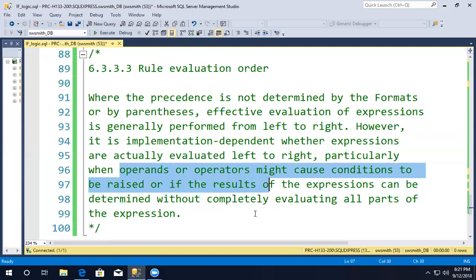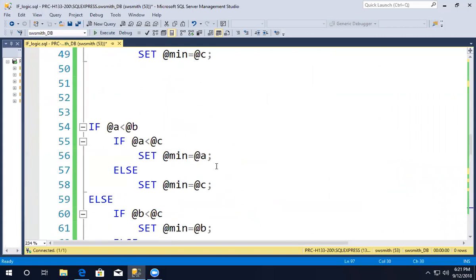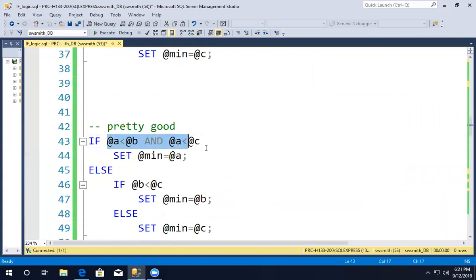If all I'm doing is something like this, it really doesn't matter which one it does first. I don't care. Just do them both at the same time. It doesn't bother me a bit what it does. Okay. If one of them is protecting the other one,